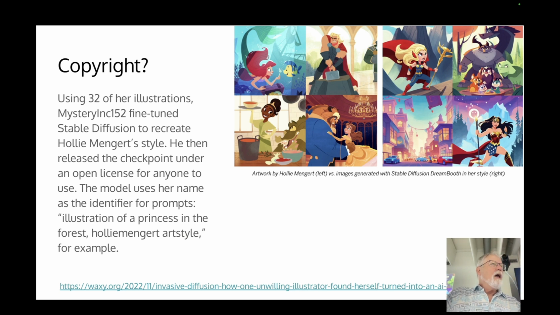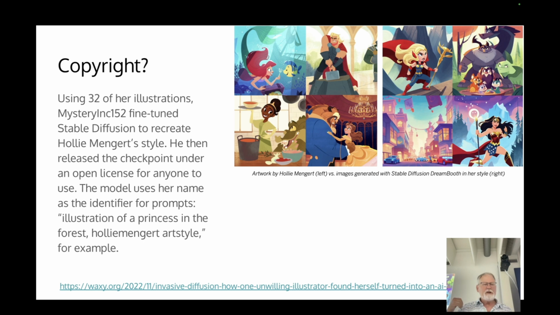And I want to go back to this theme of style and intersect it with our discussion of ethics. And copyright is obviously a big deal. And there's a big case going on in the US right now. I don't know how it's going to turn out, but in a week or so we should have a whole new ruling about generative AI and copyright issues. But in anticipation of that,